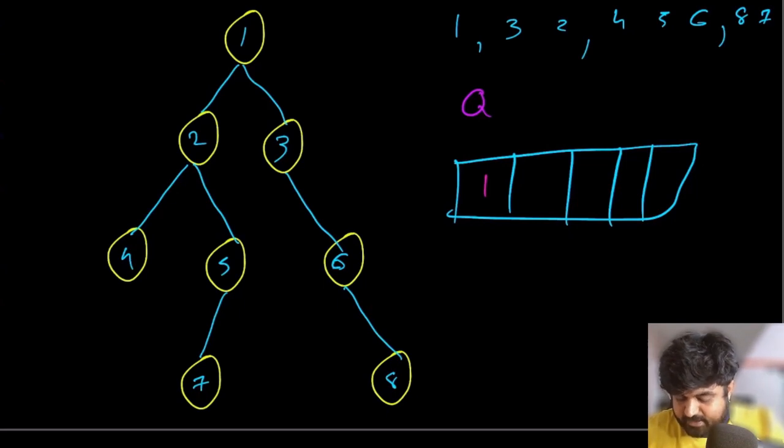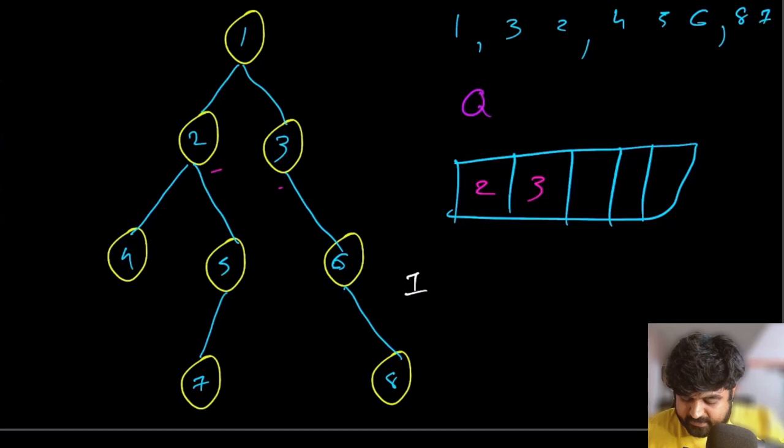So who are the children? Obviously 2 and 3. Again, we are going to add values 2 and 3 here because it has 2 children, and we are going to mark them. Now we visited all the children of value number 1. So we are going to pop value number 1 out and put it in the answer, that we traversed this part already, and now we only have values 2 and 3 inside the queue.